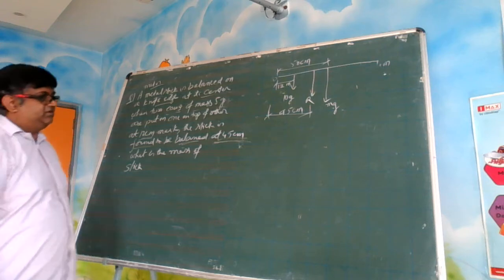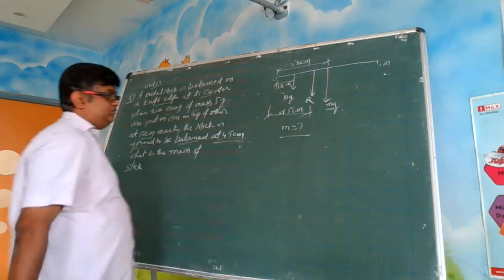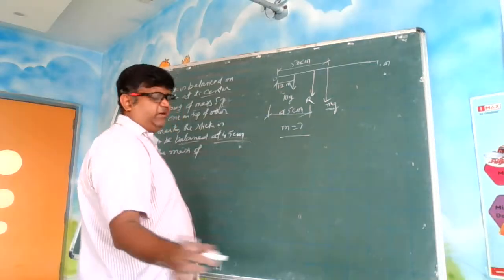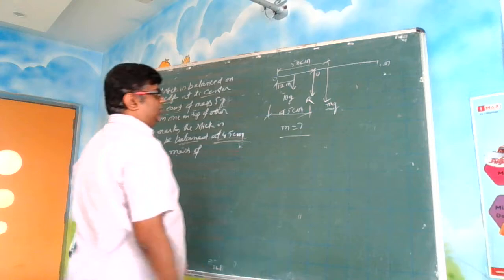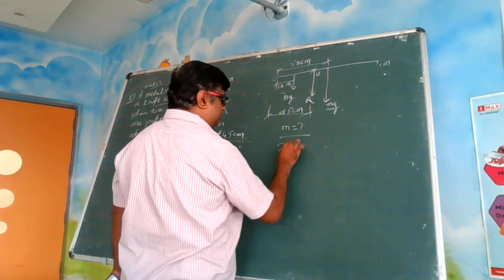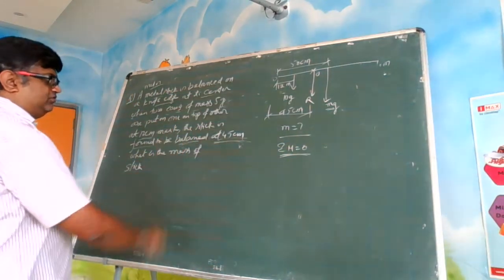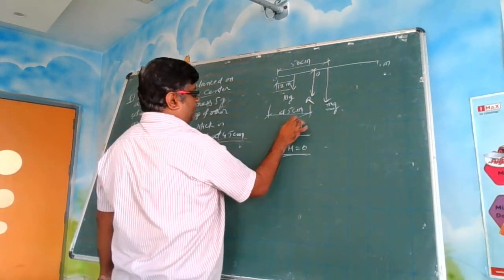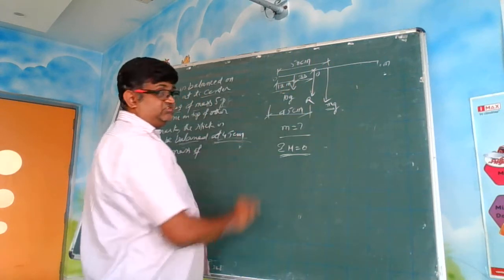So the question is, you have to find this unknown mass of the stick. You have to find m is equal to how much. We can find moment about any point. Let us say we find moment about this point O. You are going to get sigma torque is equal to 0, sigma M is equal to 0. Torque we use more for circular motion, here sigma M is equal to 0. So if this is 12 centimeter and this is 45 centimeter, this will be 33 centimeter.